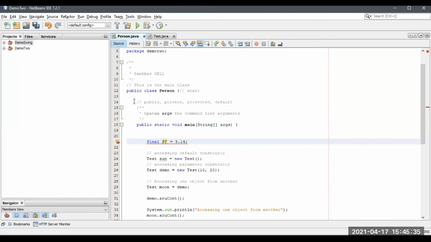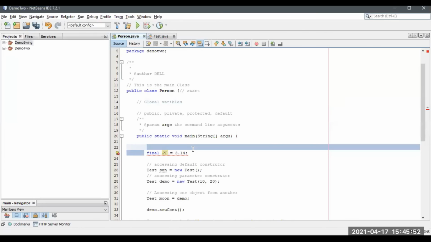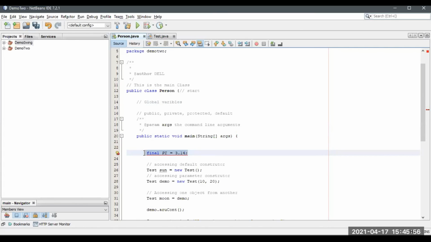If you mention it as a global variable, let me declare these as global variables. These are the global variables. Let me declare this outside the class. Let me cut this out.